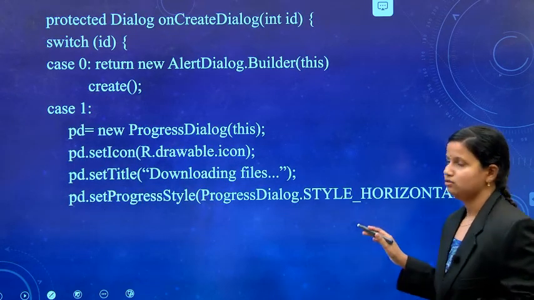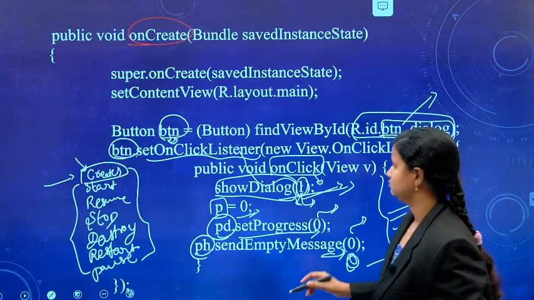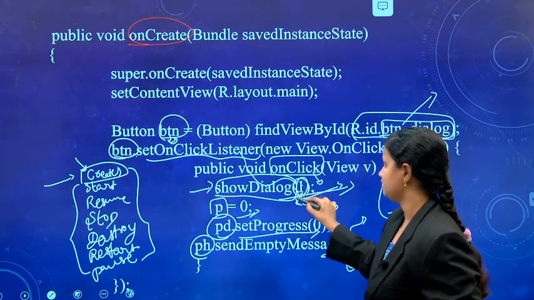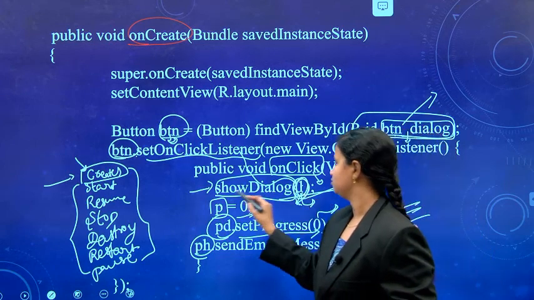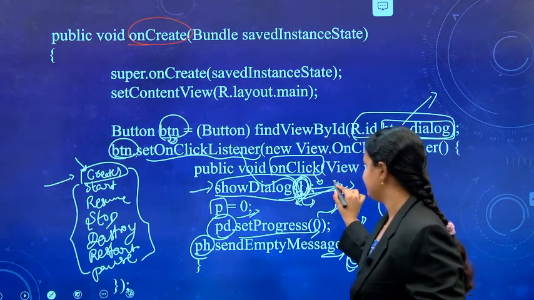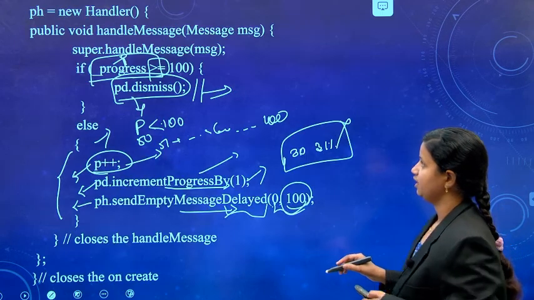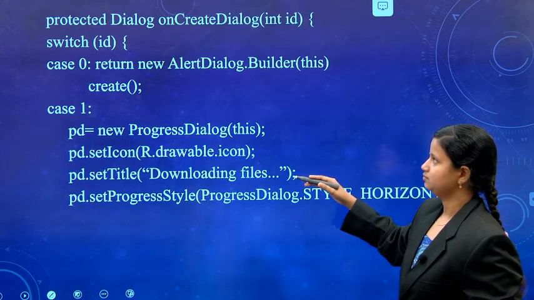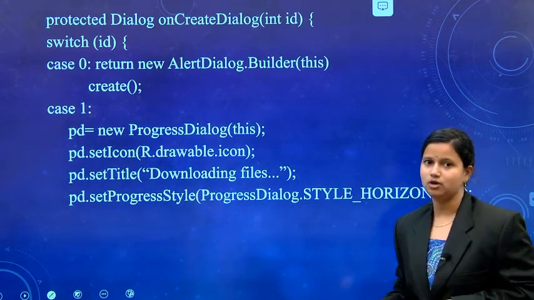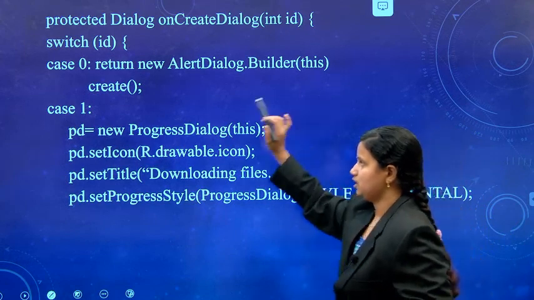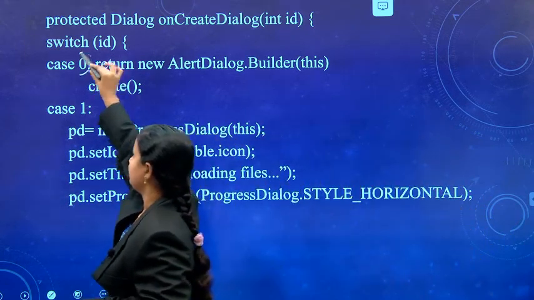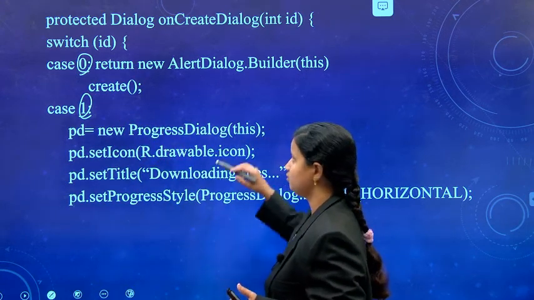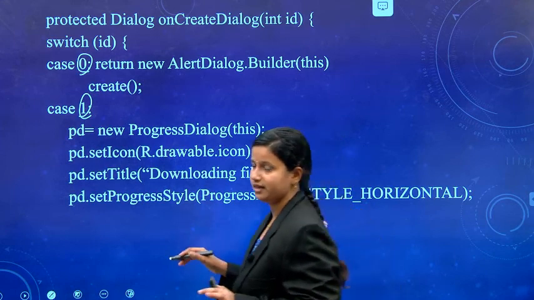So in this previous one, here show dialog of 1. That means from the switch cases it will create one of the dialogs based on the suitable option provided in the 1. So it goes to the different case statements that are available when you are using on create dialog. The different cases are the 0th case, 1 case, 2 case. Different cases are presented, but from those cases it will select only 1.